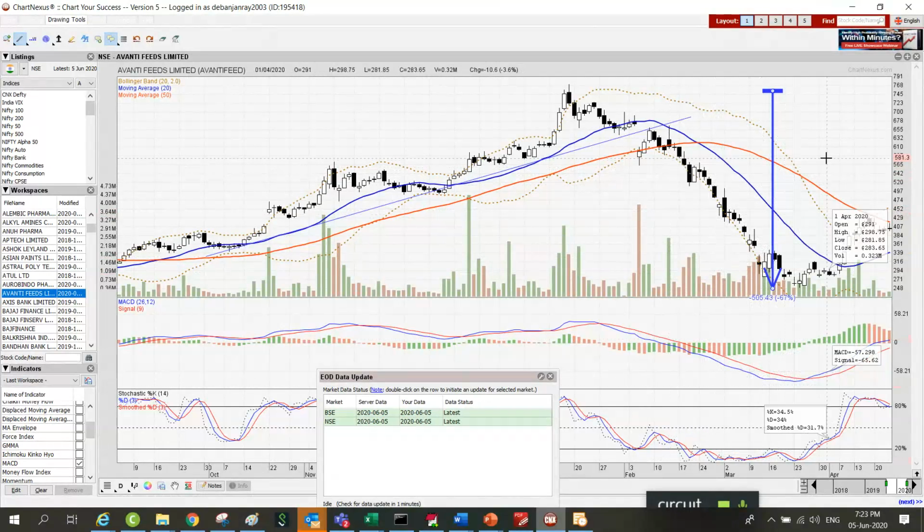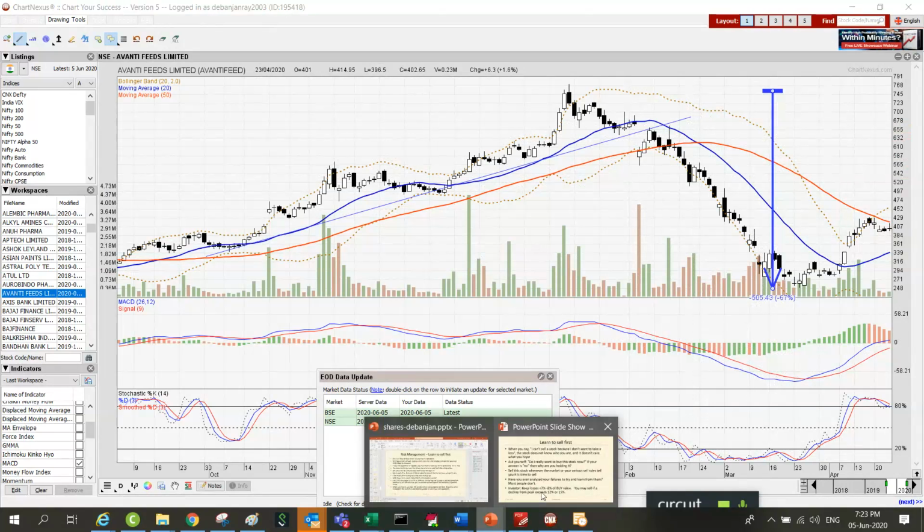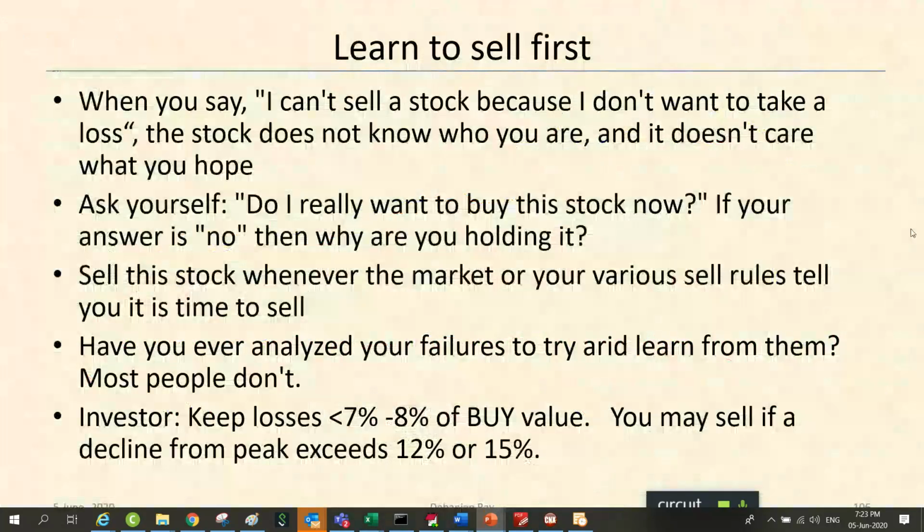Now, in this case, better to exit from this market and then look for the opportunities on the same date. What are the good stock prices which are going to rise? That's all. So sell this stock whenever the market or the various sell rules tell you that it is now time to sell. And then most important thing is that